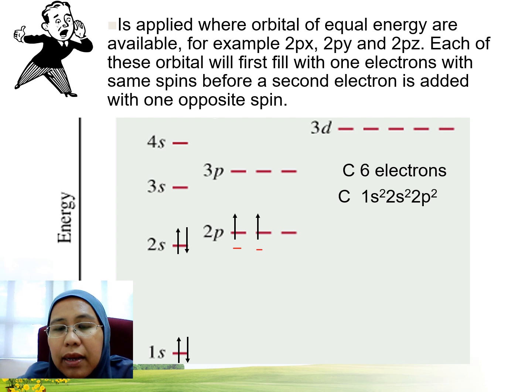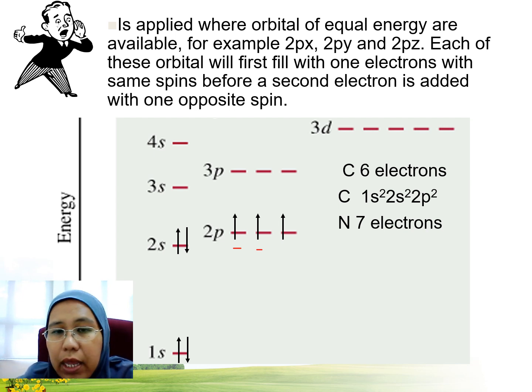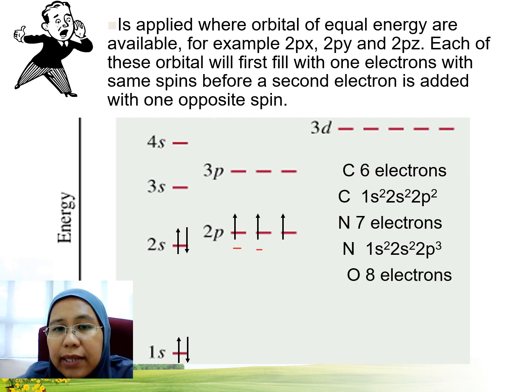Let's look at nitrogen. Nitrogen has 7 electrons, so we add another electron here at a degenerate orbital of 2p. Same spin going upward. The next one is oxygen. Oxygen has 8 electrons, so where will the next electron be? There you go, at the first orbital of 2p, and the spin is opposite, so now it becomes